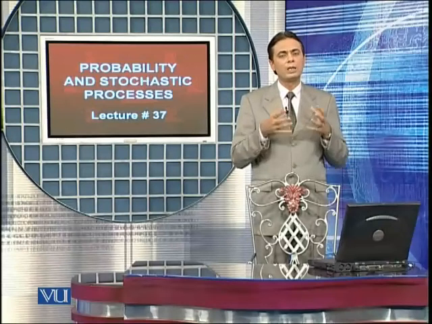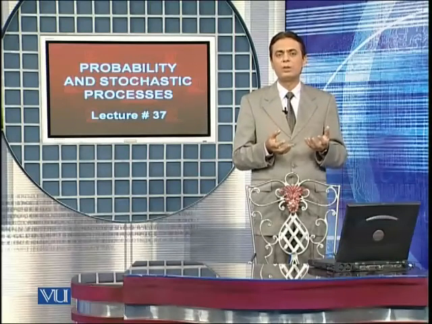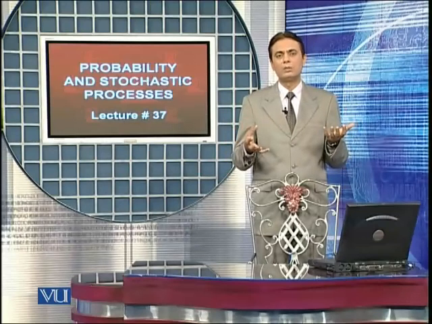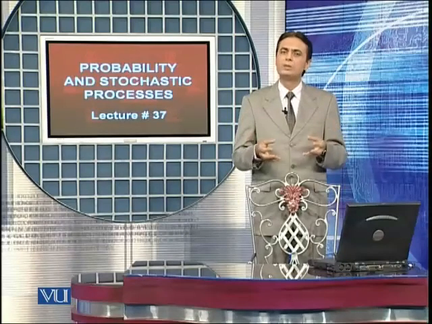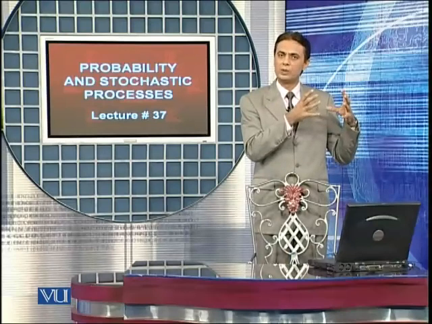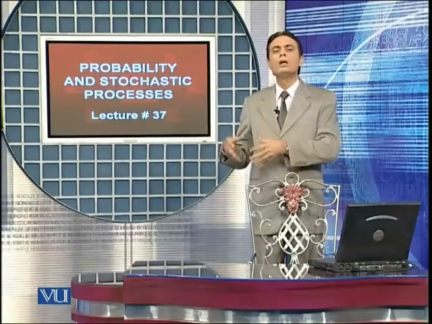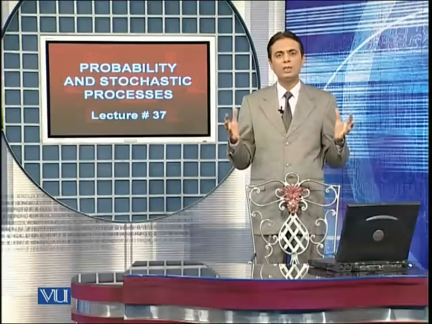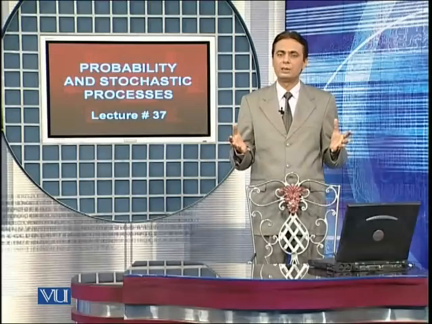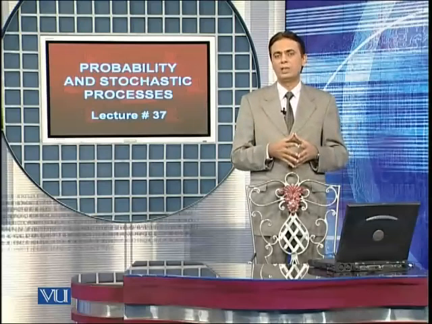We can talk about conditional probability distributions, and this conditioning could be in the case of conditioning the outcome of one random variable on the outcome of another random variable, or it could be the probability of a collection of random variables, that is a joint probability, conditioned on another random variable or conditioned on a group of random variables. So when we are dealing with a large collection of random variables, we are dealing with many things. We can talk about many things to analyze the behavior of this big collection of random variables.